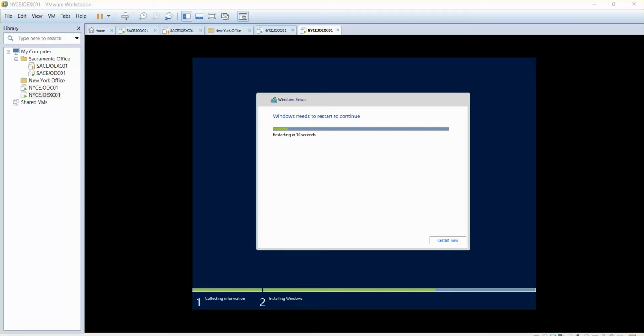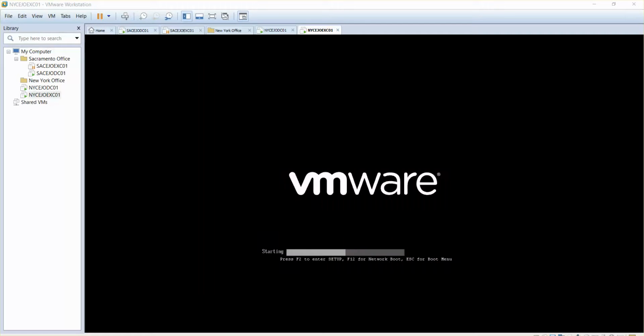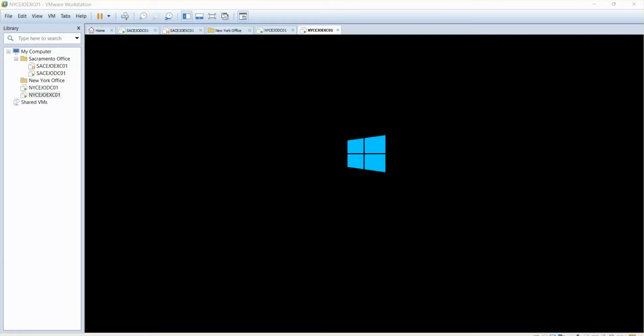So it is installing the updates and it's going to restart. Once our Exchange server operating system is restarted, we are going to rename the machine, assign an IP address, make sure that it is connected to our New York additional domain controller, and do NSLOOKUP. Once we are able to do that, we will join our Exchange server to the domain controller, and then the next